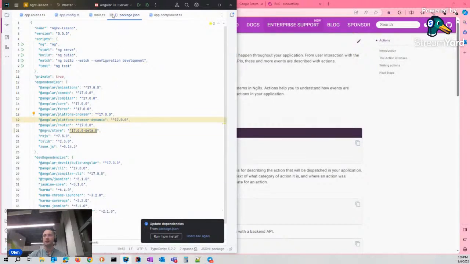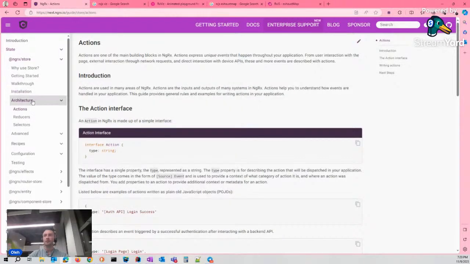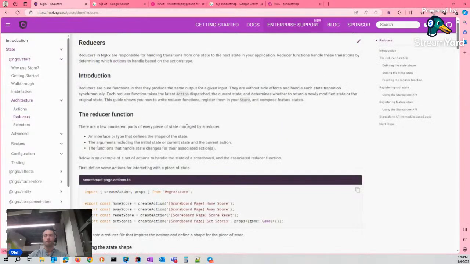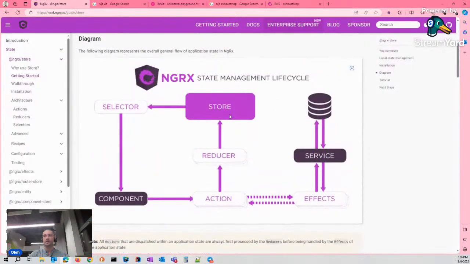I installed it. I have to create the store, but the store is just one big object. A slice of the store, in the new version called state.